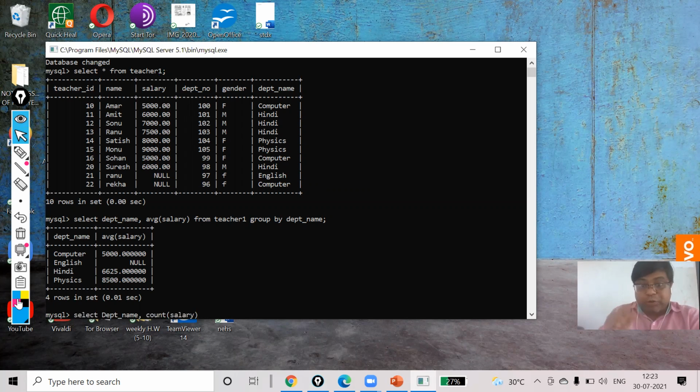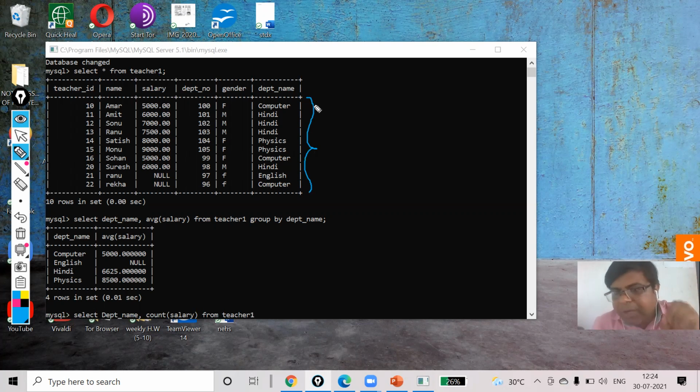So it will display how many persons are getting salaries. From teacher 1, but grouping will be done according to department name. It means the department names in alphabetic order will be given priority first and then the rest.